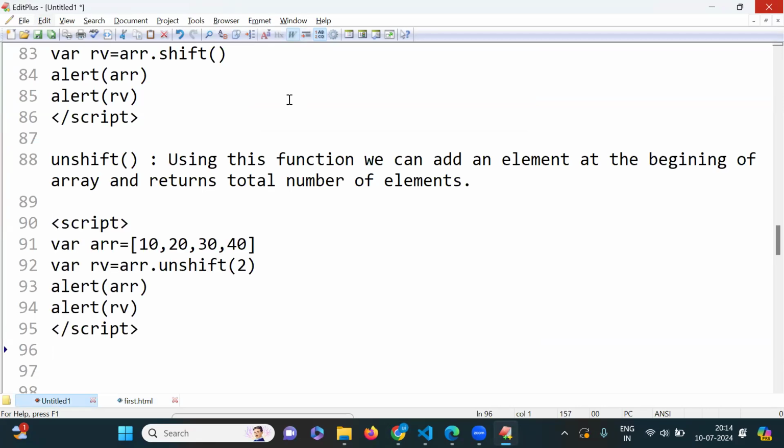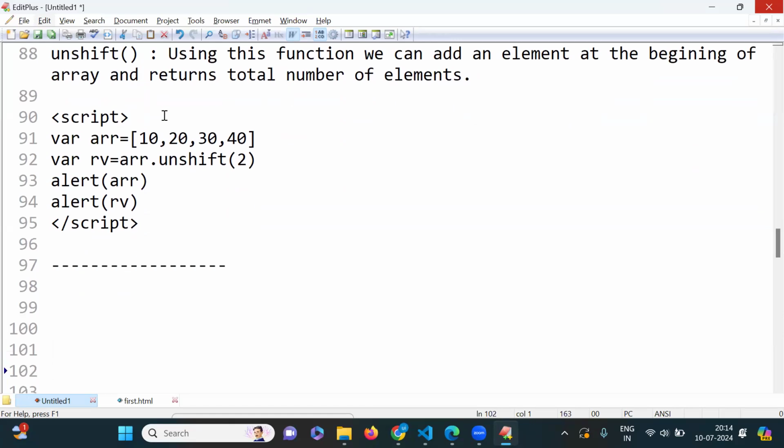So this is our push, pop, shift, and unshift. Like that we have these things. Okay. Push, pop, shift, and unshift. Yes. Now, the next thing is